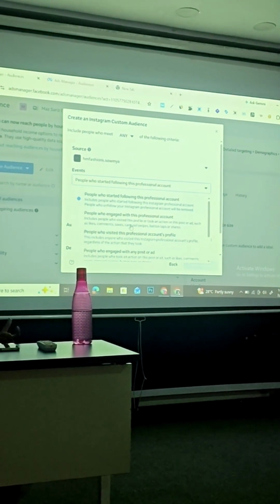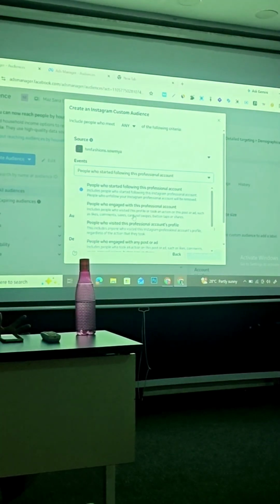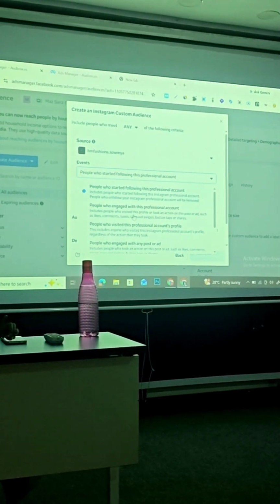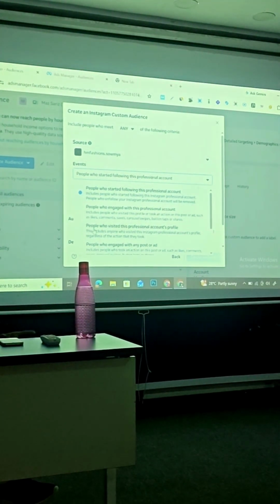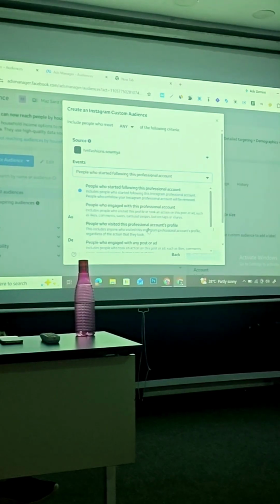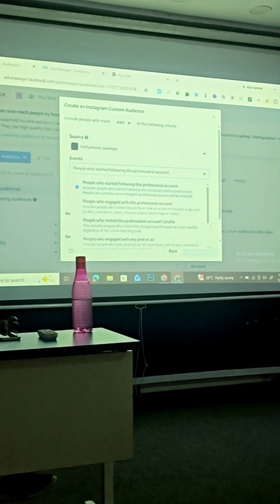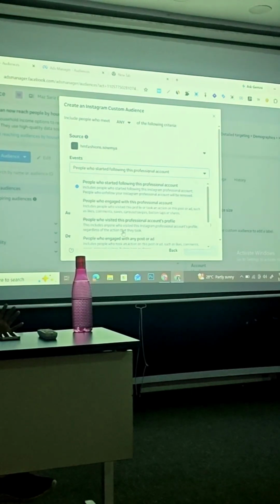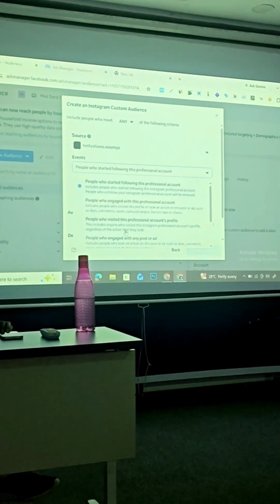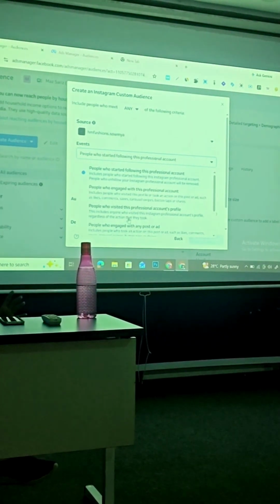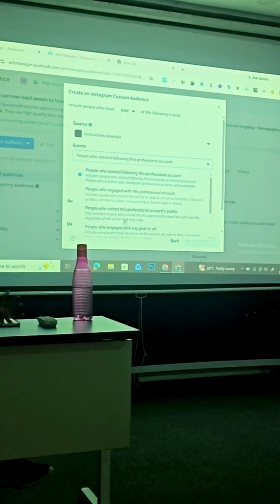It means maybe people liked any one of your posts, any one of your reels, any one of your ads. You can retarget them. People who visited this professional account's profile. This includes everyone who visited the Instagram professional account profile regardless of the action they took. They did not click anywhere, they did not do anything, but they visited your profile.